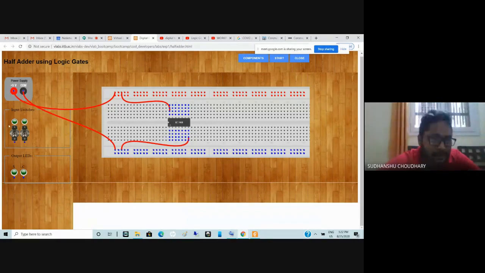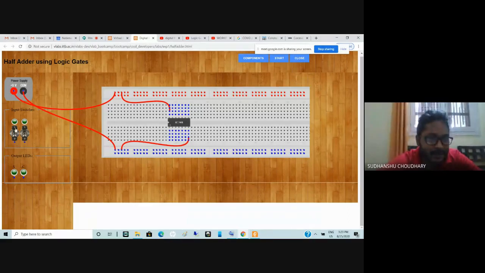Here you have input switches. When you click on these input switches, you will see that the color of the LED associated with the input is also changing. When I click this, this is in off situation, and there is a red LED associated with it. When I press it again, that means this switch is on. So you see a green LED indicator on top of it, which means this is supplying a high logic input.